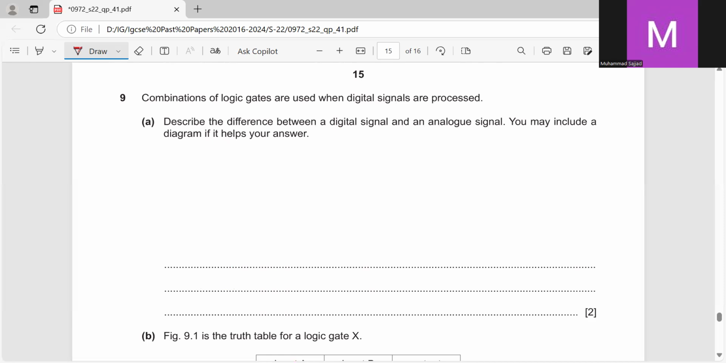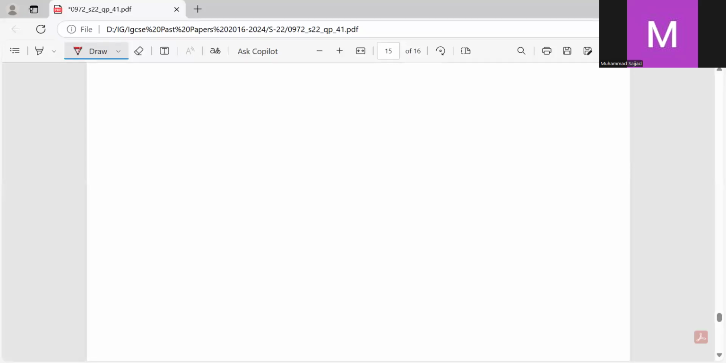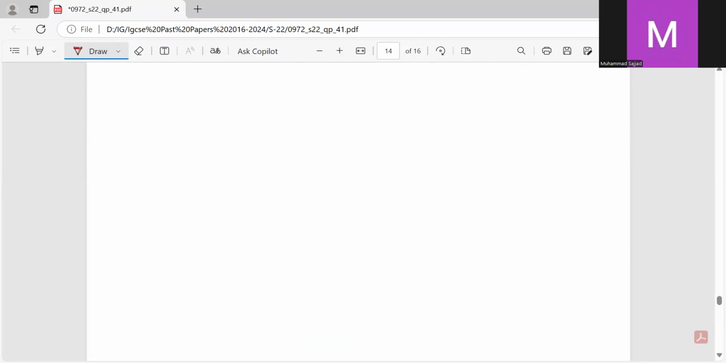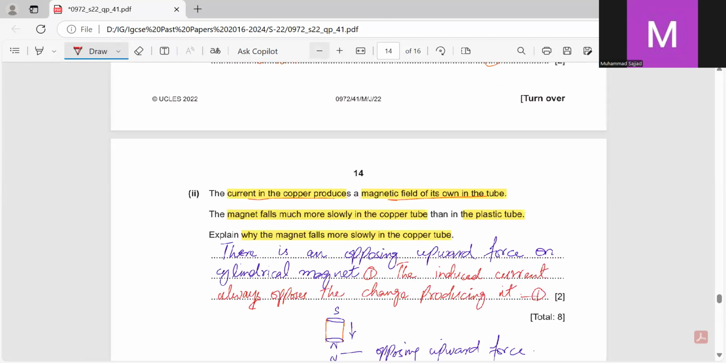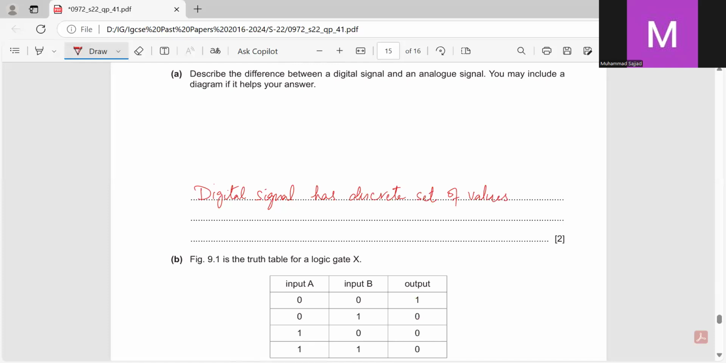Digital signal, that signal has discrete set of values, like it is only two states, 0 and 1, while